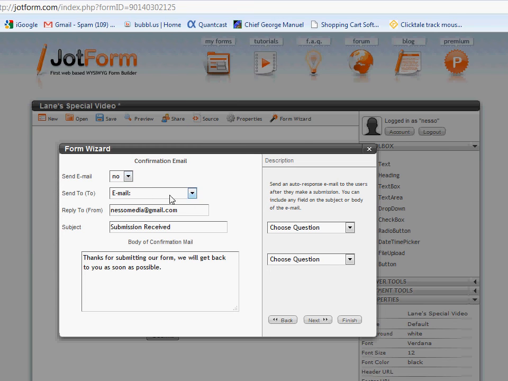So you can send someone an email if you like after they filled out the form or not. If you want to send them an email, which can be nice to do, you say yes, send the email, and then they're going to reply back to say nesomedia@gmail.com, or in your case you just put in your own email address there instead. And for the subject, I usually like to put in something like we've got your video request,